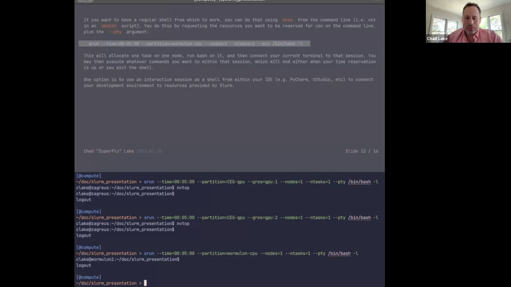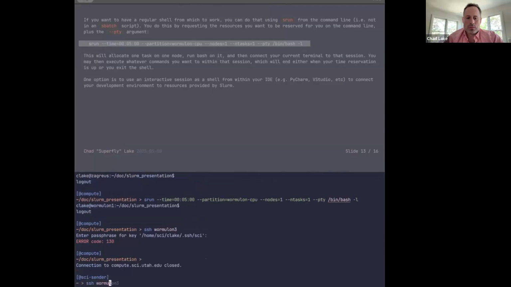But one other thing that we've set up here is a restricted shell on nodes. So you can actually SSH into a box and do diagnostics. It's restricted in the sense that there's a certain number of commands that you can run, so you can't just fire up your giant Python environment or whatever else like that. But if you try to SSH into, let's say, Wormulon 3, which is one of our SLURM nodes, directly,